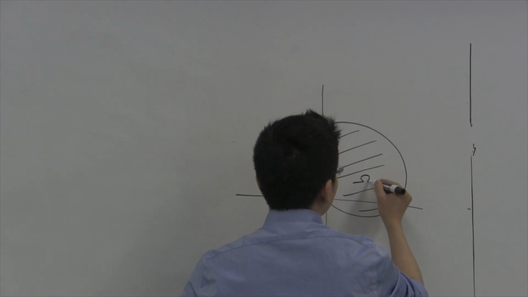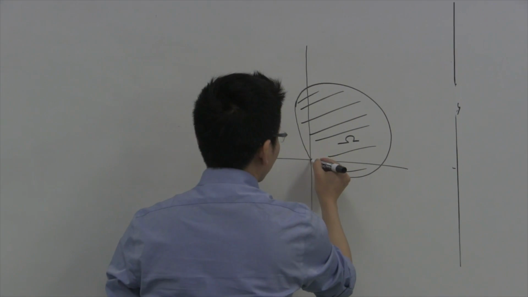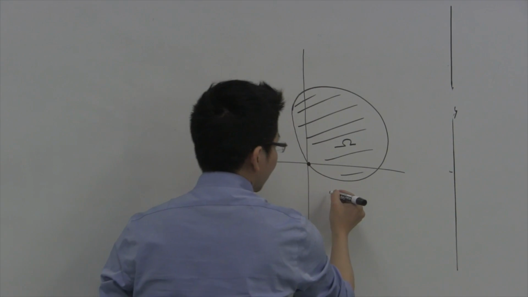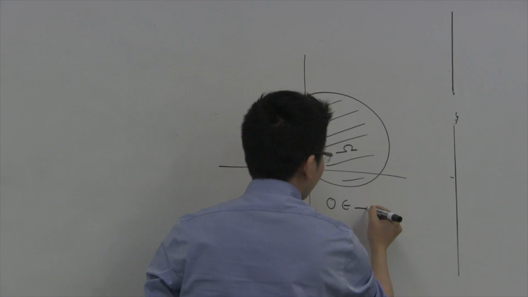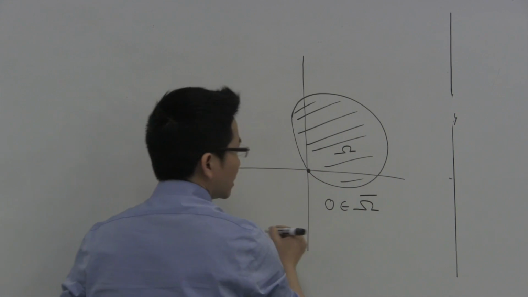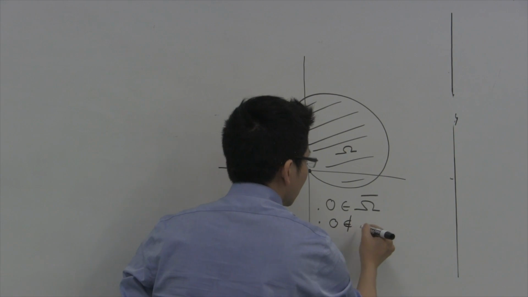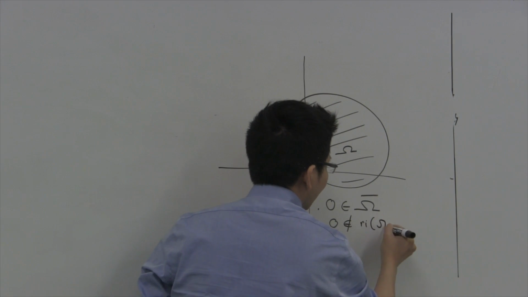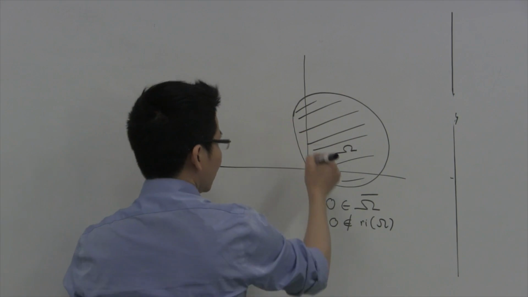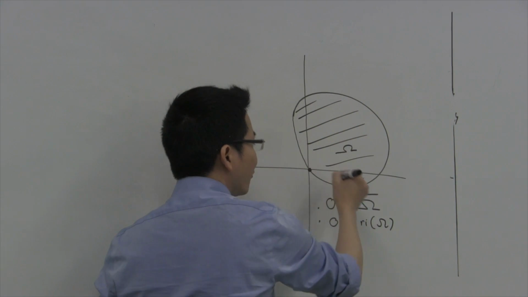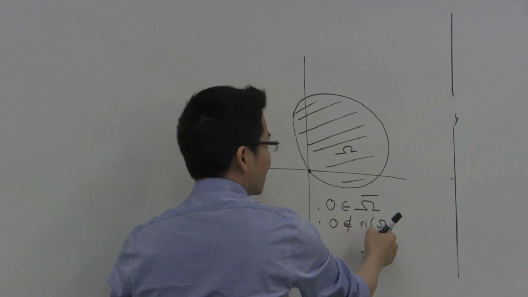So here we have a convex set omega, and we suppose that the point 0, the origin, belongs to the closure of omega, but 0 doesn't belong to the relative interior of omega. Like in this situation, we see that 0 belongs to the closure of omega, and obviously 0 doesn't belong to the relative interior of omega. Then